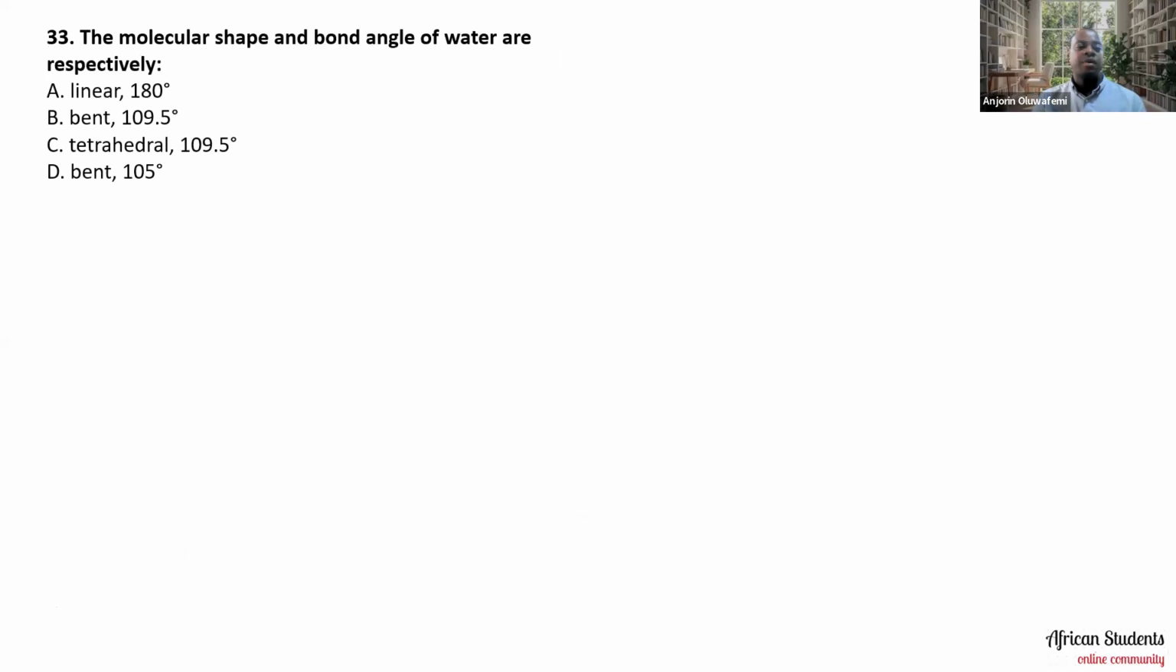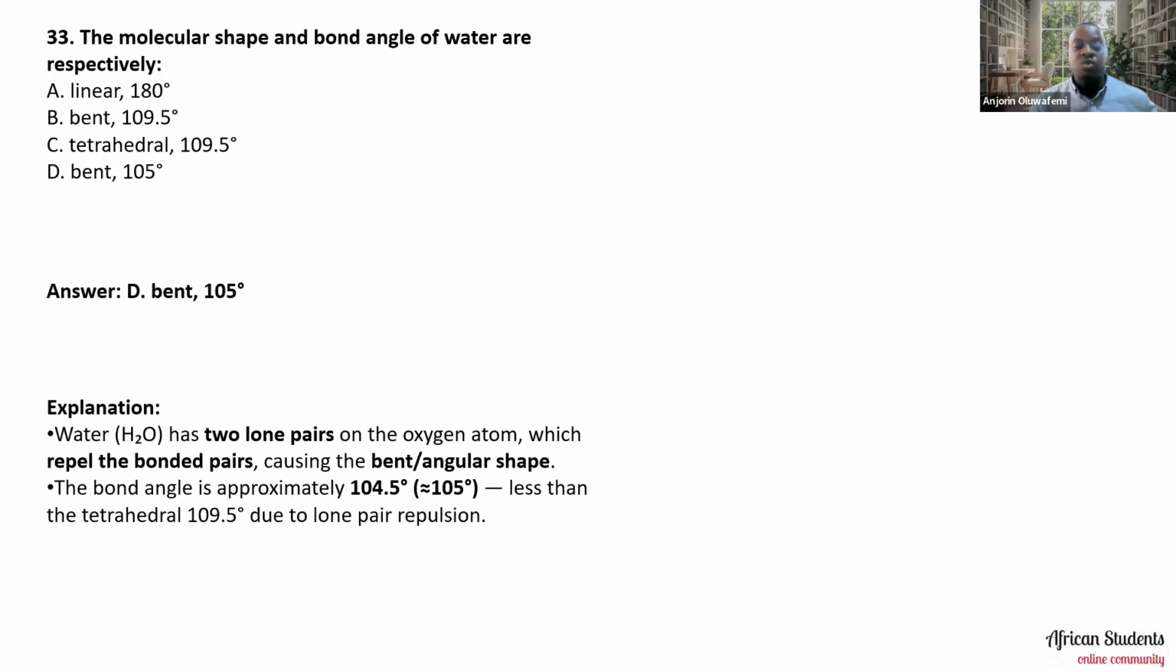This one says that the molecular shape and bond angle of water are, respectively: linear, 180 degrees; bent, 109.5 degrees; tetrahedral, 109.5 degrees; then bent, 105 degrees. Now, the answer is D. It is bent, 105 degrees. Water has two lone pairs on the oxygen atom, which repel the bonded pairs, causing the bent or angular shape. The bond angle is approximately 104.5 degrees, so about 105 degrees, less than the tetrahedral 109.5 degrees due to lone pair